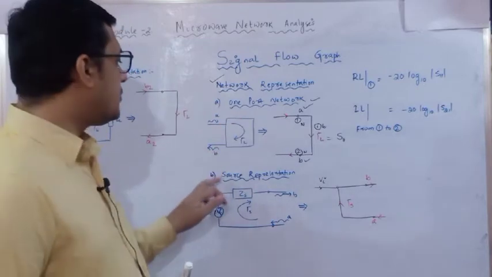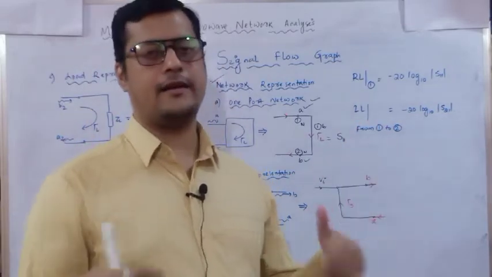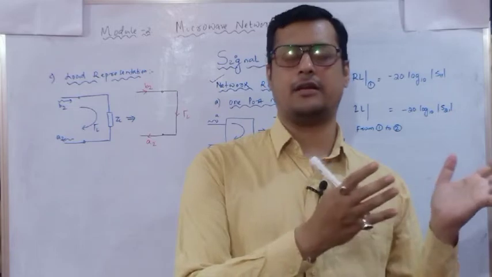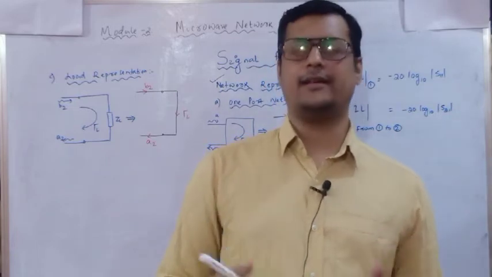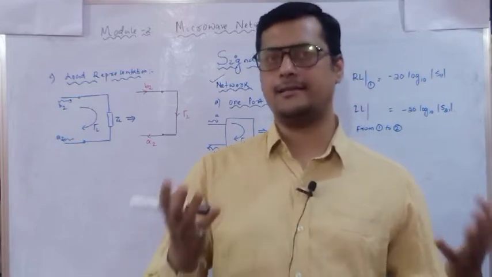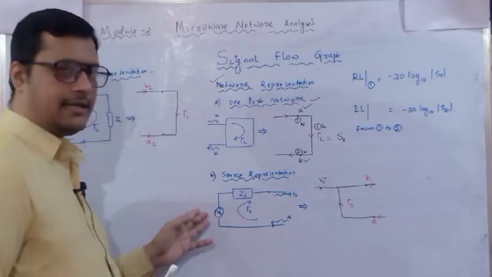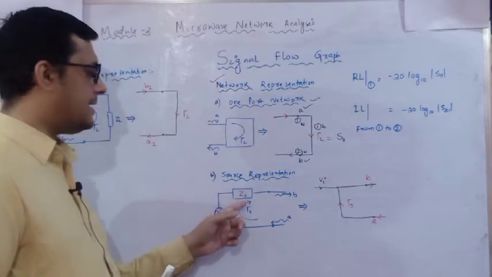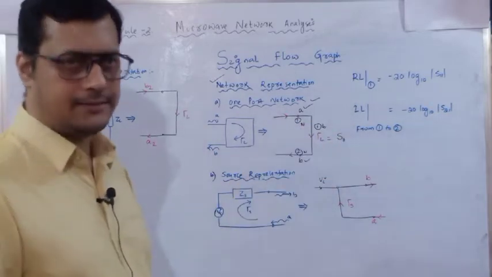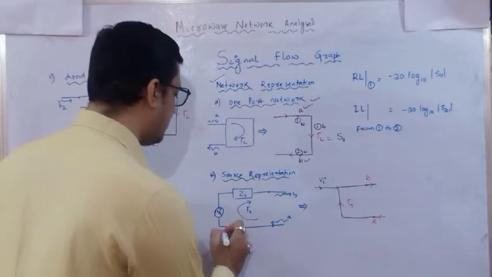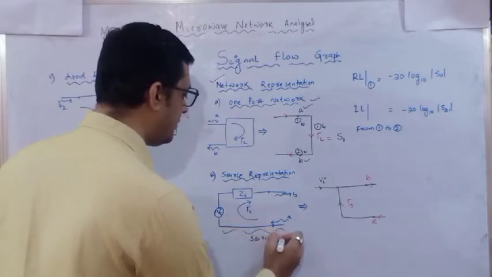Next, source representation. Now we have seen that a device is going to be energized from one end, and at the load end we identify the potential drop and what outputs are there. But how do we analyze the source end? Then we will analyze the load end. So for the source, I have considered Vs as a supply with an impedance Zs, and this is the particular part which is going to be connected to a certain device. Here I have considered only the source part. This is called the source part.